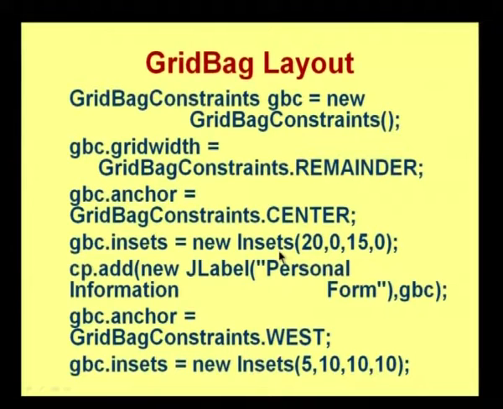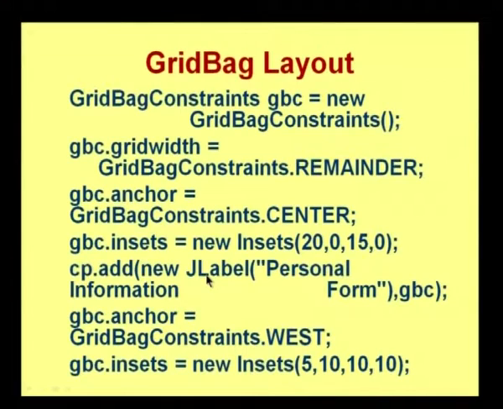So inset is the top, bottom, left and right pixels which could be used in order to position your object. So this is inset, the space between your particular component and your display area. Your display area, as I told you, is split into rows and columns. So in that display area, your component will be placed with this particular inset: 20, 0, 15 and 0. This will give you the top, bottom, left and right space that should be available in order to place your